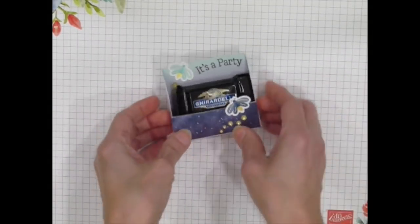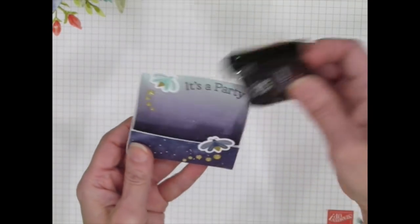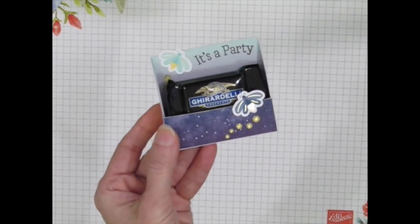And there we have our cute little party favor. I love it. All right, so now we're going to bring in the add-on card and envelope pack, and I